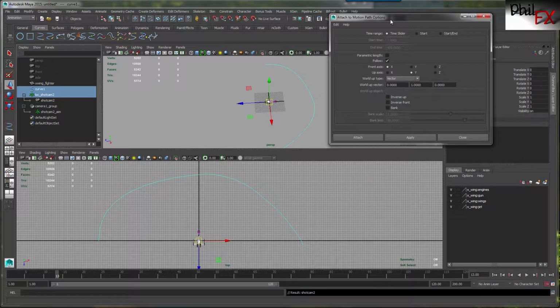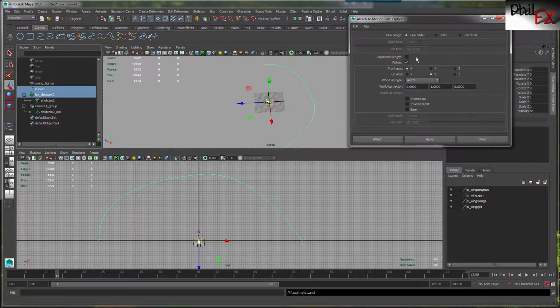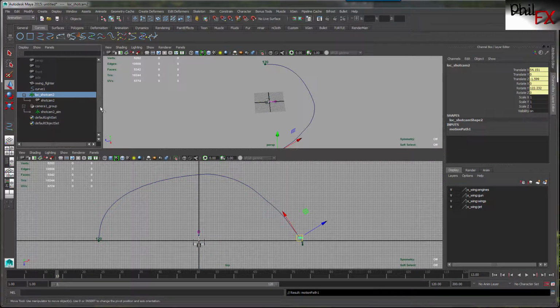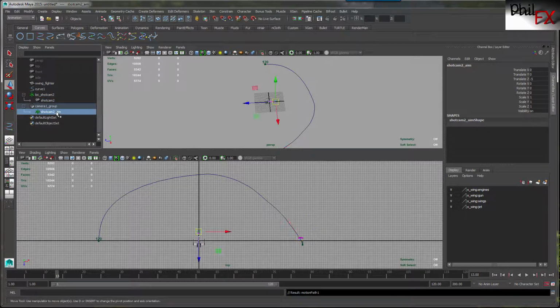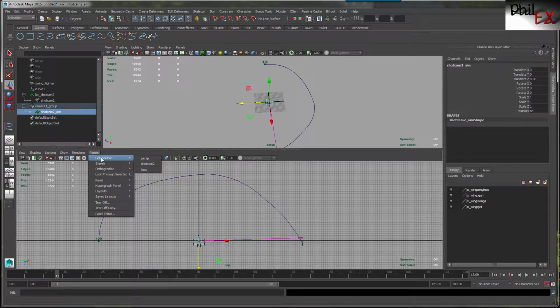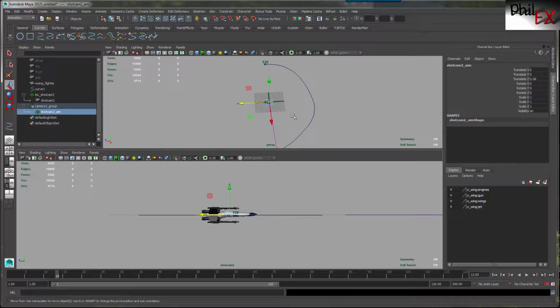And now here's where I want to show this parametric length and show how things change with the parametric length. Let's first apply this without, and I can go into the attribute editor and modify this. So let's go ahead and just do an attach. Alright, and remember we have this shot cam aim, and the camera will always be aiming at that, so I'm going to put that right there. And here's our perspective. Let's look at shot cam 2, and you can see as I modify that aim, that's where the camera is aiming at. Okay, so let's look up here,